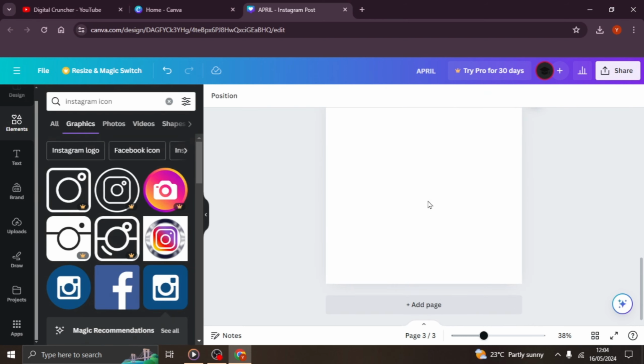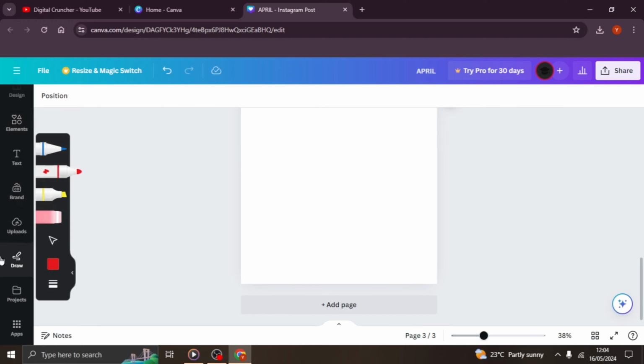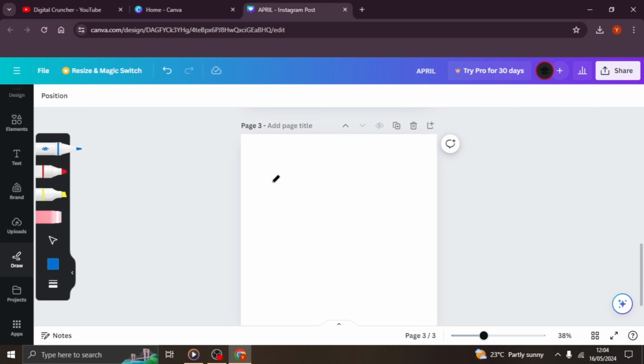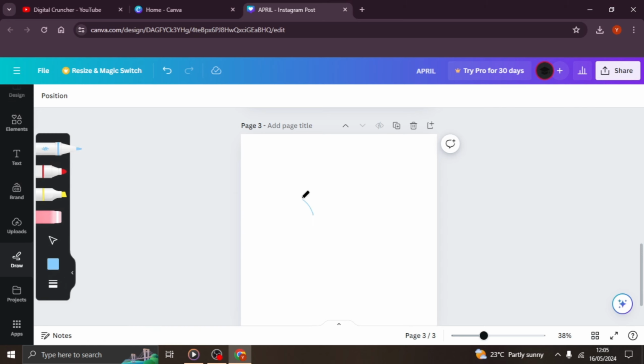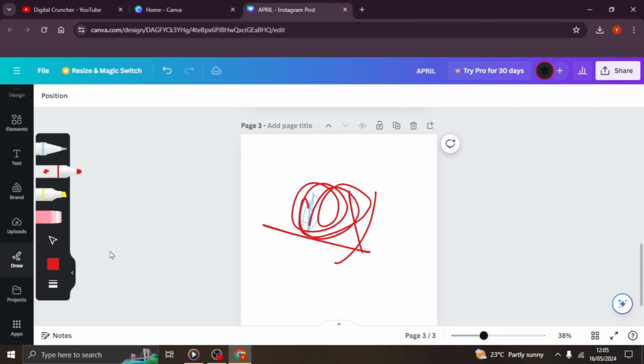You can also make a drawing on your designs by clicking on the draw option here, and you're going to be presented with an interface similar to this. You can see these are the various pens that you can use to design, and the colors that you can use for your project here. So if I want to use this pen here and change the color to, so if I write, you can see it's now